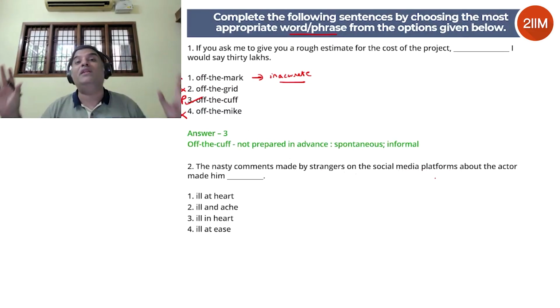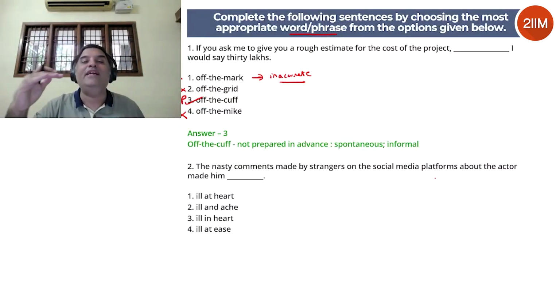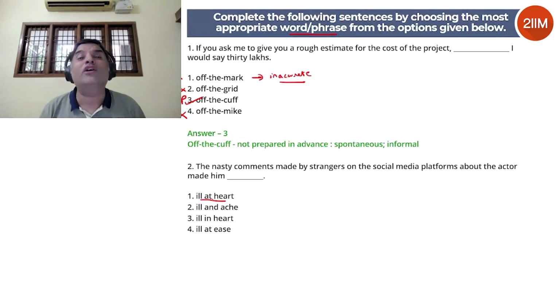Our guess is a word with a negative connotation. Now, if you make a guess like that, it will help you choose the right option quickly and more accurately because you have some sort of an idea. All right. Let's look at one. Ill at heart. Ill at heart is not a valid phrase in English. We don't say ill at heart. And if we're saying ill at heart, it will be in connection with the heart as an organ, somebody who has a weak heart, biologically speaking. But even then, we don't use this phrase. So this is not a valid phrase.